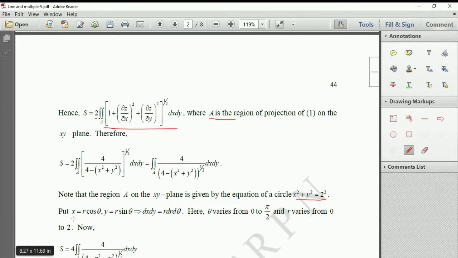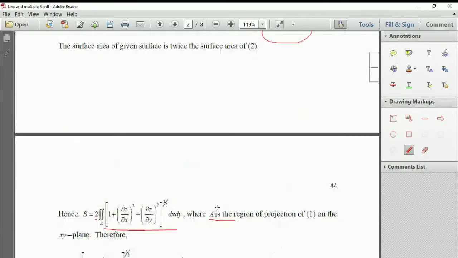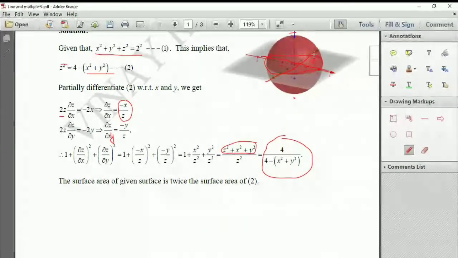Now put x equal to r cos theta, y equal to r sin theta. Then dx dy is given by r dr d theta. That we know from our earlier discussions. You know how to change the variables from Cartesian to polar. When you substitute x equal to r cos theta, y equal to r sin theta, by the Jacobian you say dx dy is r dr d theta. And from this picture, as I said, we are going to find the area for only this region. That gives you the region of this. The same thing is the area of this and this as well as that.